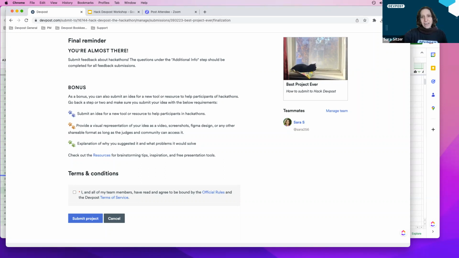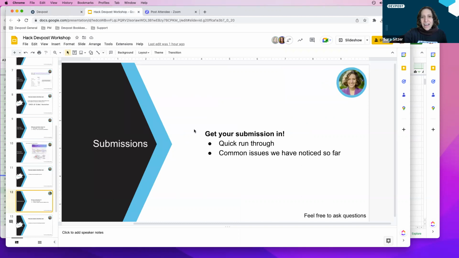Simple images are fine. And also remember that you don't have to create or build an app, just suggest an idea. And that your idea does not have to be related to your feedback. You can consider them as two separate entries. So those are just some things that I've noticed while reviewing these submissions.